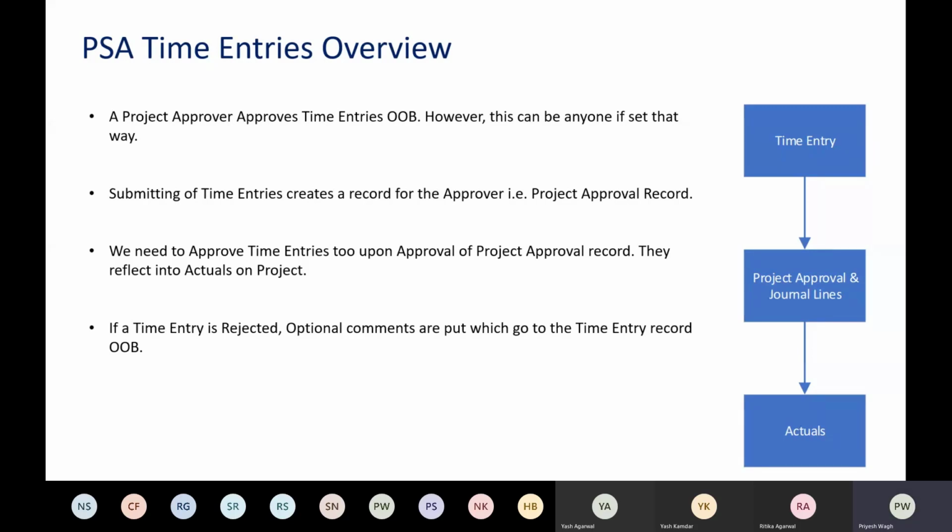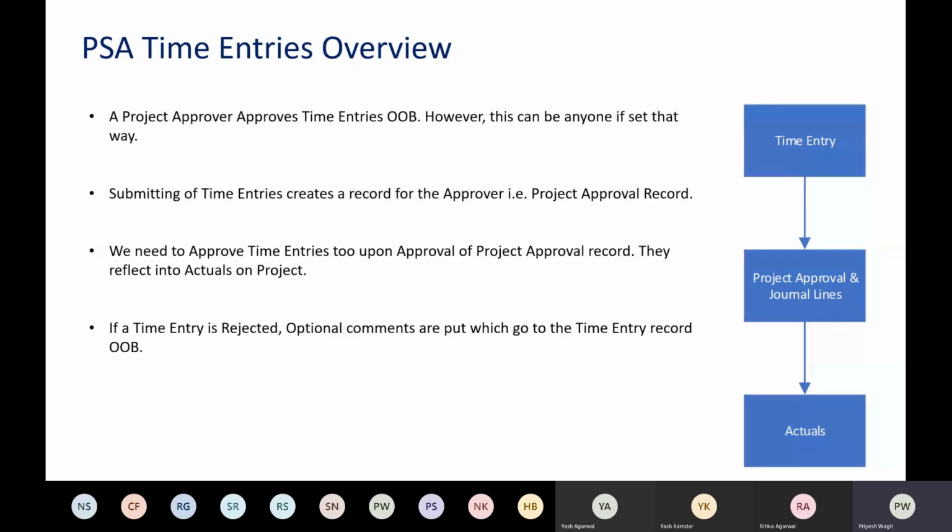That being said, once you approve time entries, there is another type of record that gets created, that is the actuals. So when you create a time entry, nothing happens, but when you submit a time entry, a project approval record is created and journal line records are created. The flow that we are going to do is going to kick off of the project approval record, because it actually enters the stage of having to approve or reject. And then a journal line is also created which contains information about the financials, or how many hours should be billed, or what is the amount and all of that sort. That's still too much into the PSA side. I will not touch that.